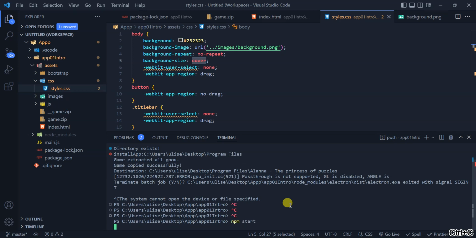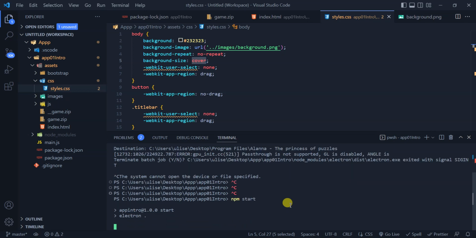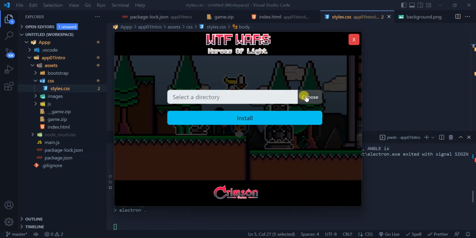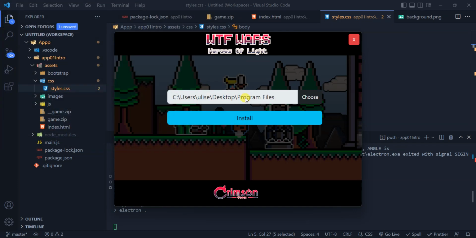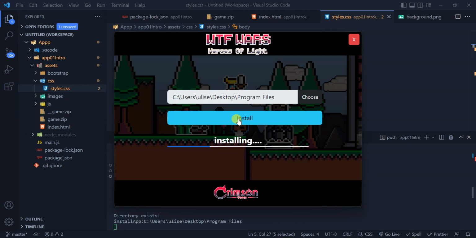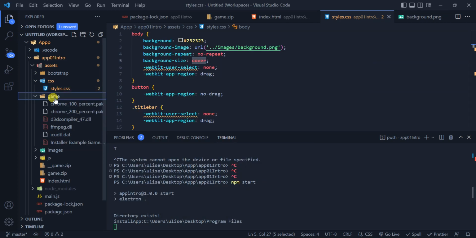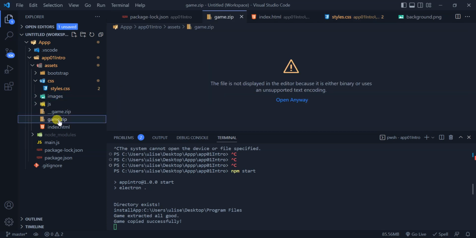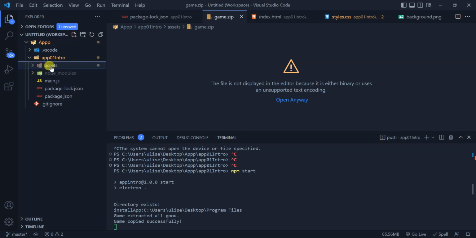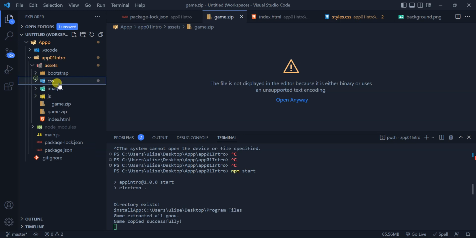So now if we run the installer, select the folder, maybe program files or whatever, install, you see here the game unpacked, and then it disappears because we unpack, or unzip, this game here inside the assets folder,